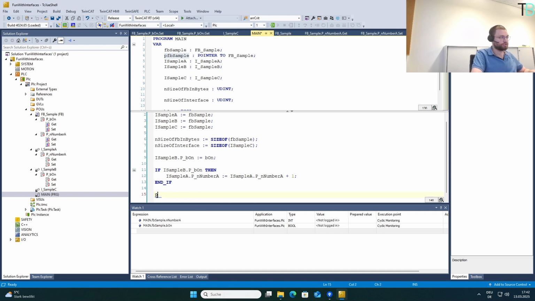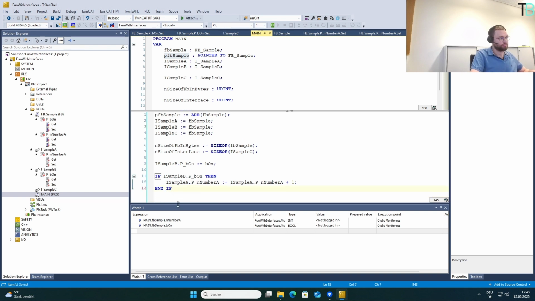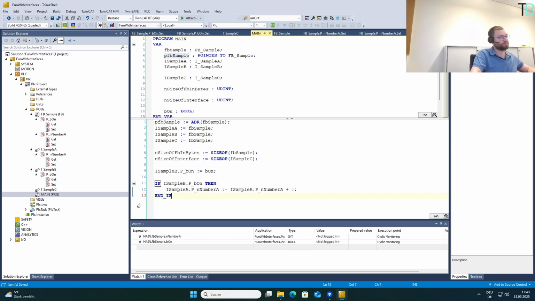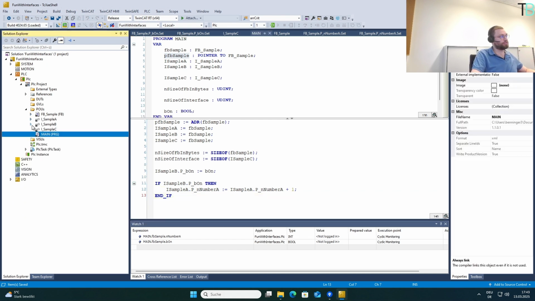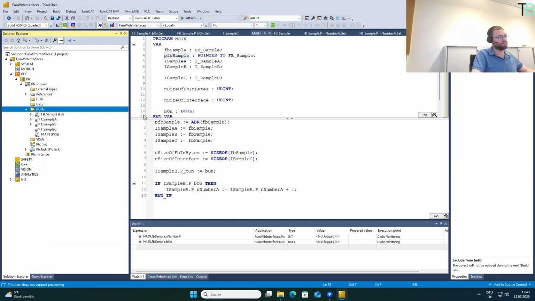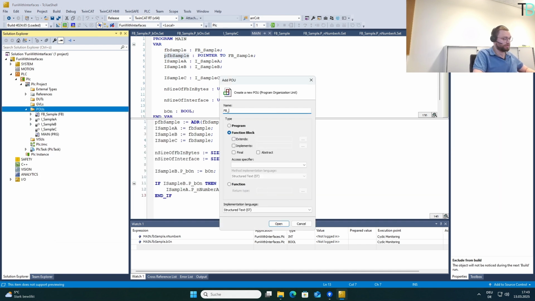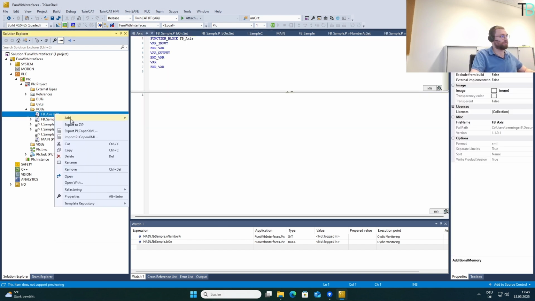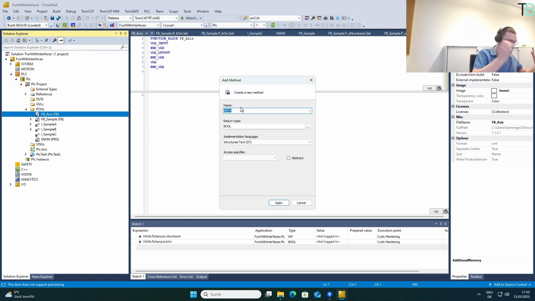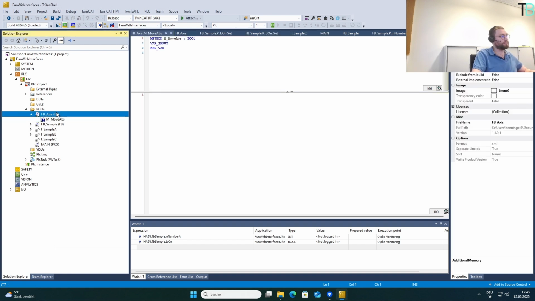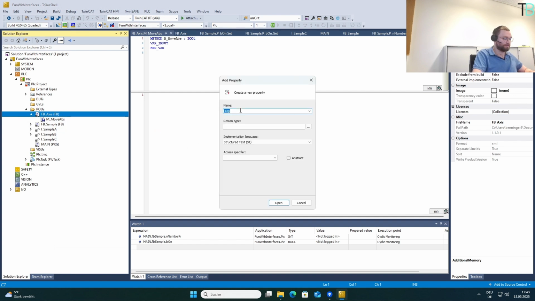So what we in Autolab often use for interfaces, for example, I have something like this: I have some FB axis that controls an axis, and let's make a very simple example, I have some move absolute method, and I have some properties, like for example the property that it's busy,